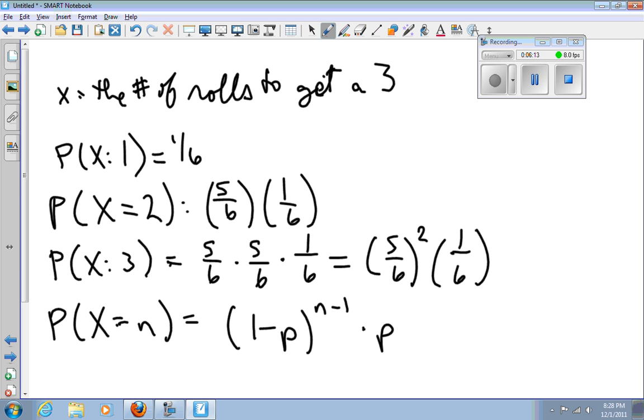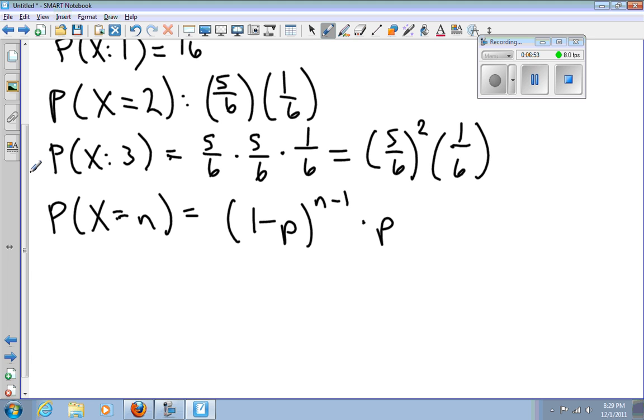Well, here we know what the arrangement is. In a geometric situation, we know what the arrangement is. The arrangement is such that the first and only success came the very last time you did it. You only have one success in a geometric distribution, because once you get that success, you quit. So all of the ones before the last time were failures. There's no way to rearrange those, because if you rearrange them and put the success somewhere else, you would have stopped then. So this is actually an infinite series. It would go on forever and ever, because it could theoretically take you forever to do it.